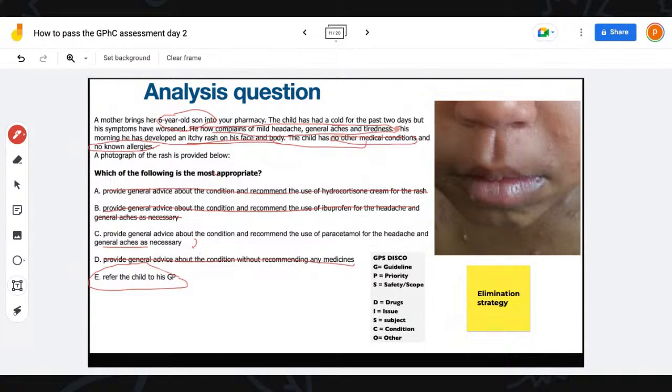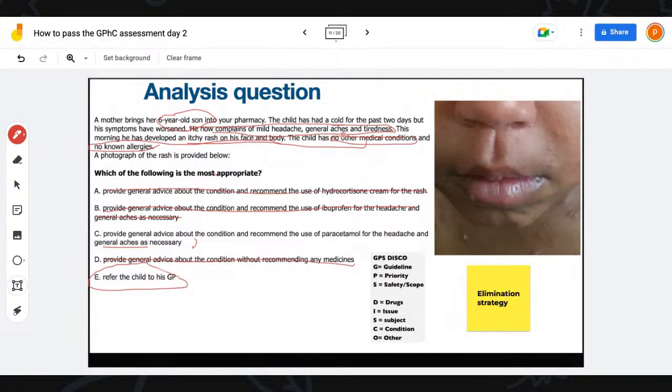So this child has just been 2 days and the symptoms are getting worse. This is perfectly normal. It is not a dying situation. The headache is mild. General aches and tiredness. So these are common symptoms that you will get with chickenpox anyway. They're not referral symptoms. If this child had a very, very severe headache, maybe sensitive to light, there are going to be some things in those questions where you're going to go, okay, maybe they've been feeling down, they've not eaten, they're dehydrated, it's been going on for more than a week, and things like this.